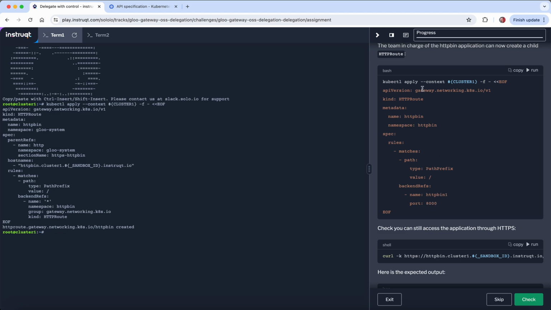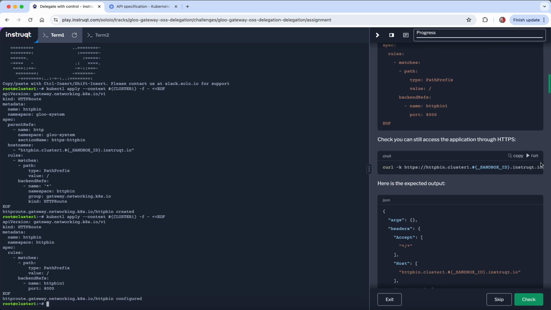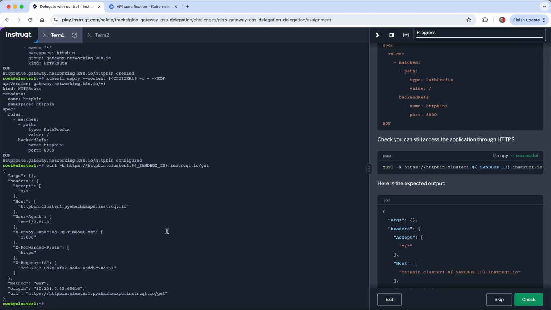So it's really this team that decides where the traffic goes, right? It's not the team in charge of the gateway. It's really just this team that decides it's going to be handled by HTTP bin 1. So it's a pretty simple example. And now I can see I can access this /get endpoint because it's really looking for any request with any